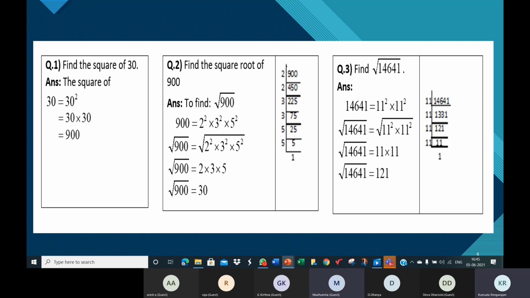Ma'am, but what if it's 11 to the power 3? No, you will be asked to find the square root only of a perfect square number. In this case, you will not get a situation like that, but you can find the square root of an imperfect square. Such numbers are called imperfect squares. And there is a method to find the square root of an imperfect square. When you're given a number and asked to find the square root using the prime factorization method, it will be a perfect square. So when it is a perfect square, you will not get a situation like 3 11s or 3 7s or 5 7s. That situation will not happen.